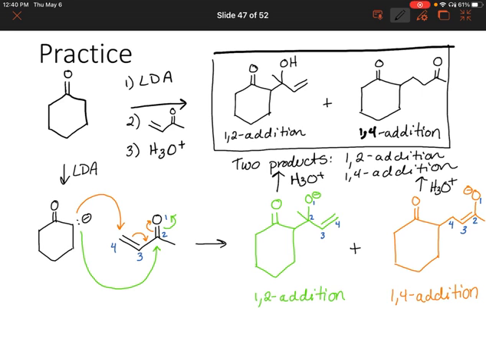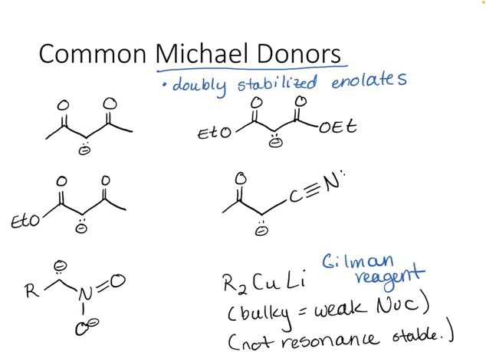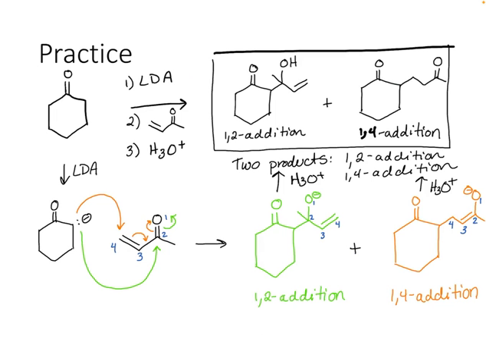So remember, we said that Michael donors in particular are doubly stabilized enolates, and they'll result in 1,4 addition. But looking at our enolate, that only has one resonance structure because we only have one carbonyl group there. So this is actually a relatively unstable